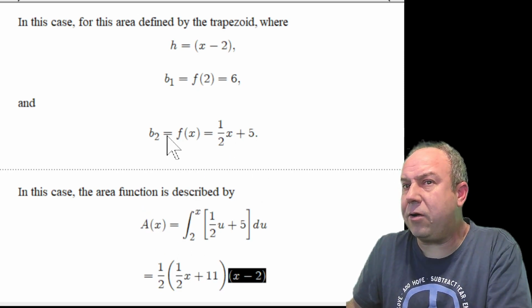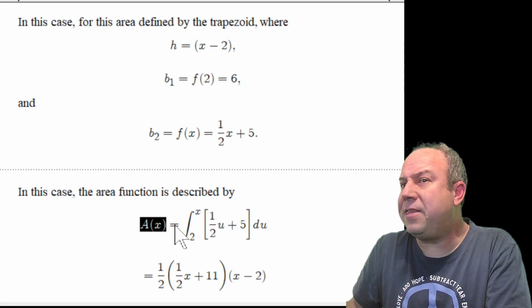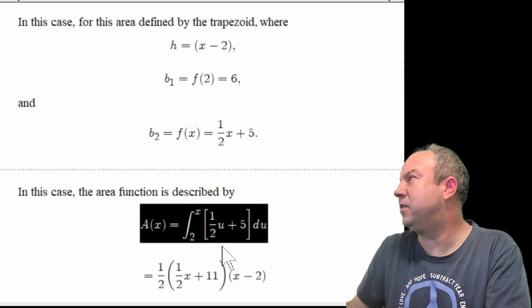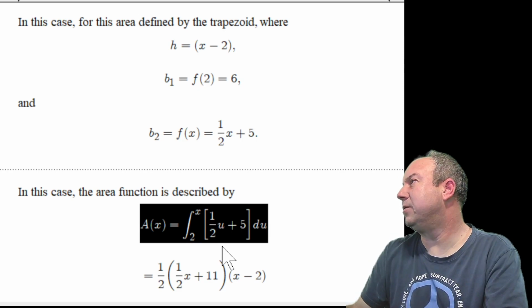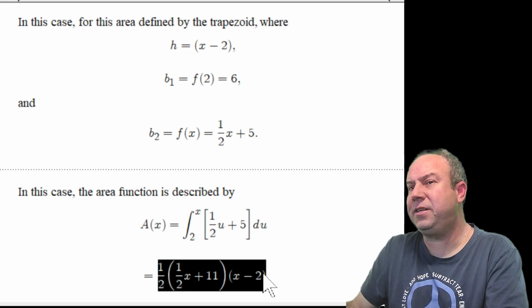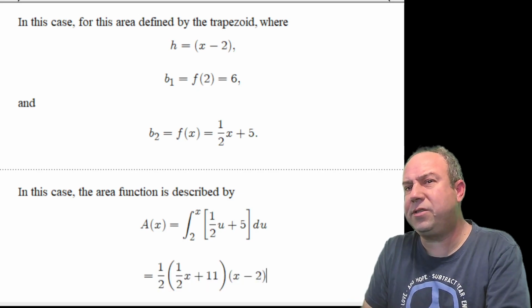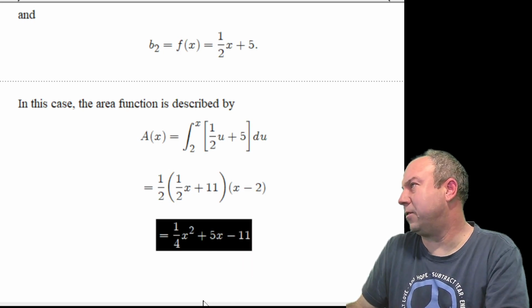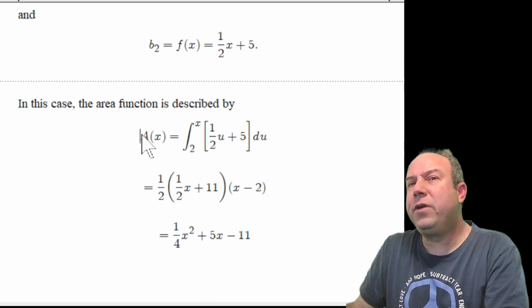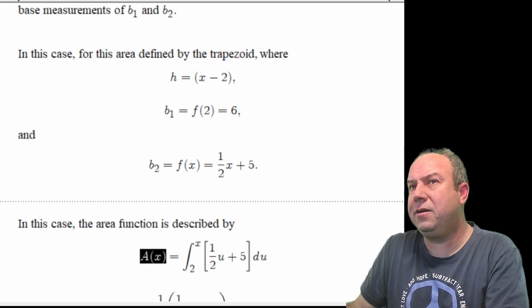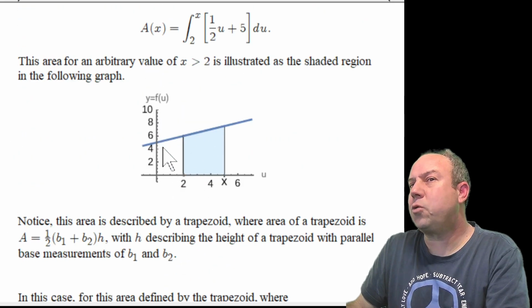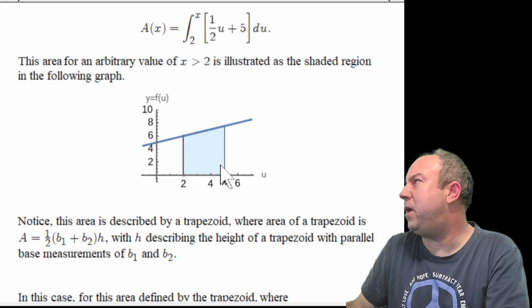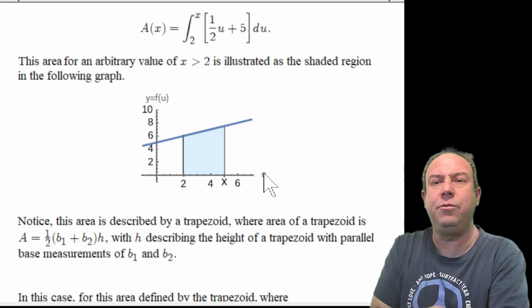That describes the area of that trapezoidal region, and that becomes the area function in this description. It's this function of x seen down here. And what you might notice is that function of x is actually a quadratic function, just it has been factored. So if we consider what's going to be the area trapped under this line, starting at 2 and ending at this independent value of x somewhere greater than 2, it